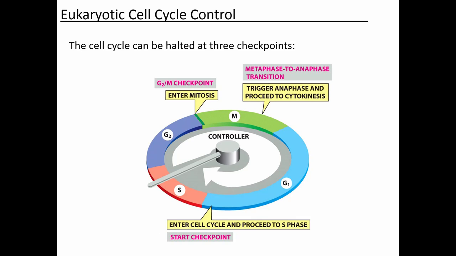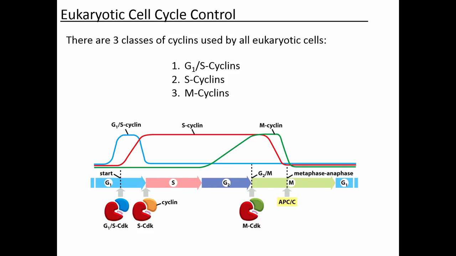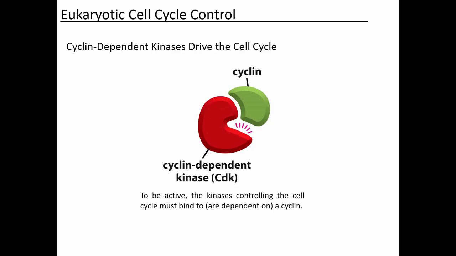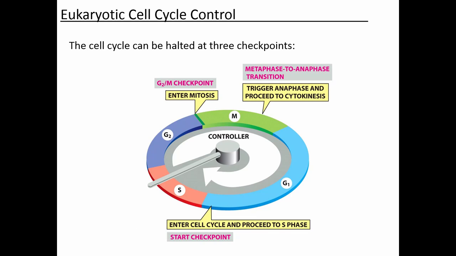So the next thing that we're going to talk about, let's see if I have the animation still in here. I don't. Okay. The next thing we'll talk about is control of the cell cycle. So a cell isn't simply going through the cell cycle without any type of control. And what that means is that the cell does check to make sure that, one, at the beginning, that conditions are proper for cell division. And then also during the cell cycle, the cell is going to monitor whether things are happening correctly.